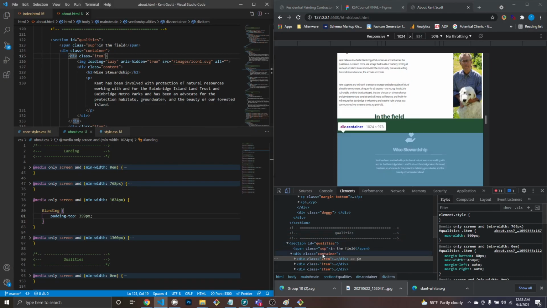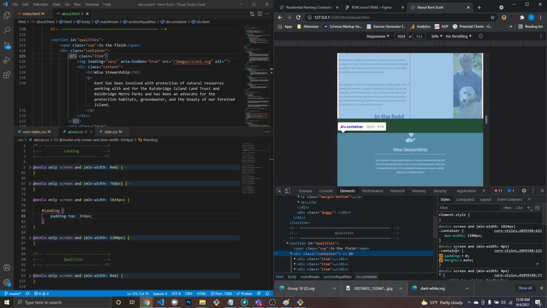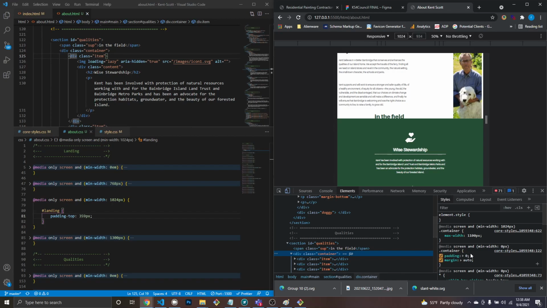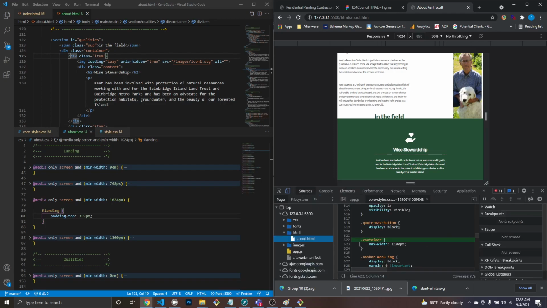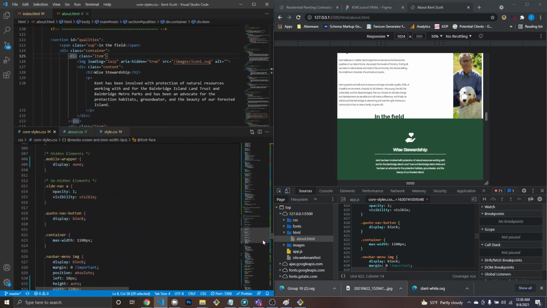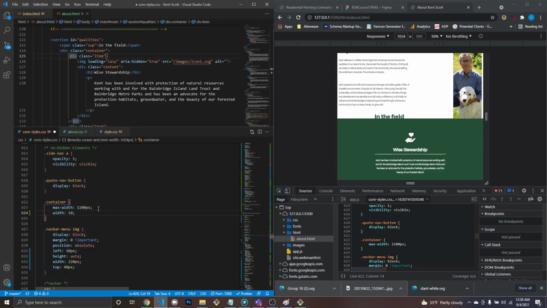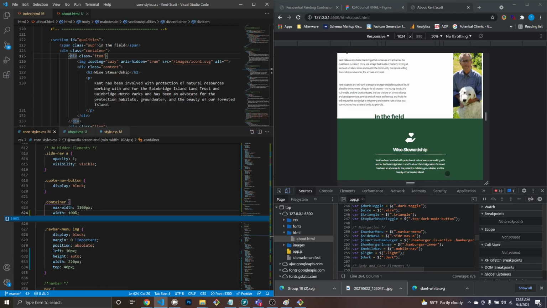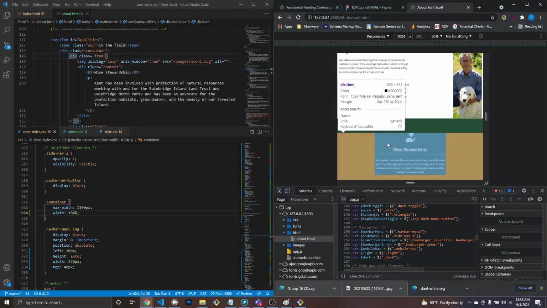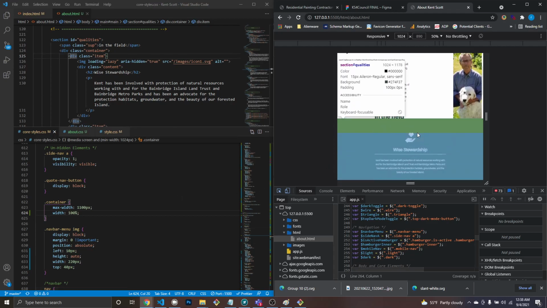Okay, so I need to change this container max width of 11. I think I need to go and fix this 622 on core styles. So with 100% and then max width, I think that's better. So this item. So first thing I need to